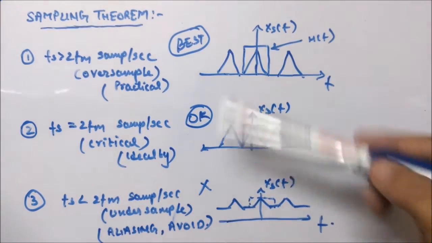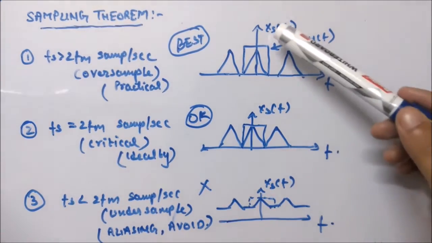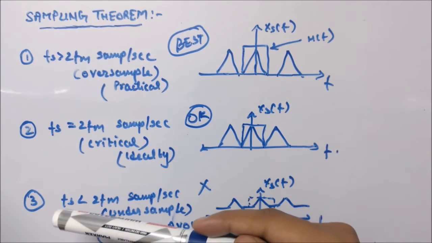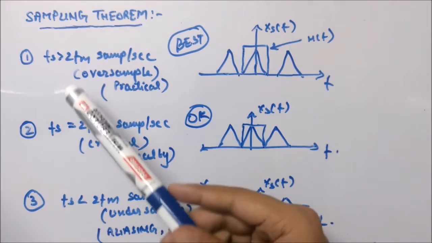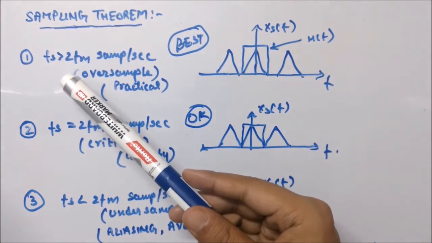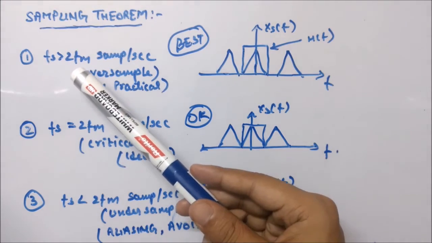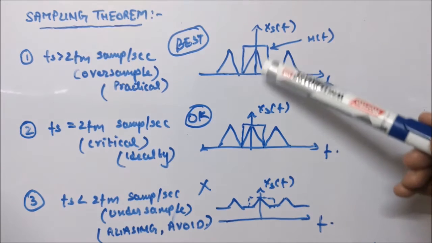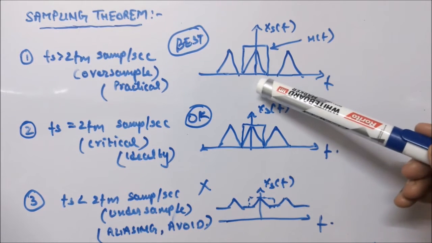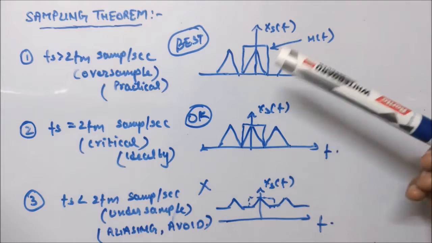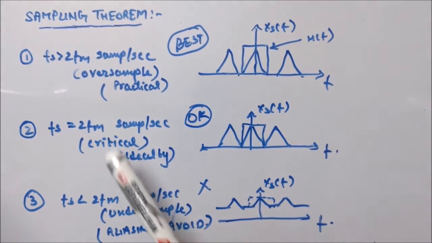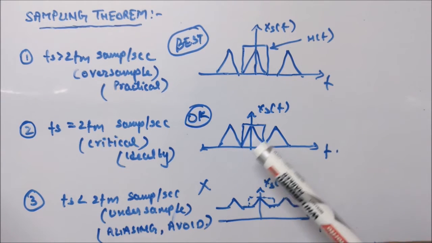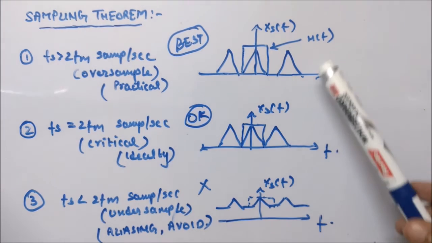Okay, so I showed you the example. These were the three sampled signals we will get for different types of sampling frequency. If you sample your message signal X(t) with fs greater than 2 fm, you will get this kind of sampled signal, and if you pass it through a low pass filter, you will be able to get the original signal back. Similarly, for fs equal to 2 fm, here also you will be able to get your original message signal back when you pass this through the filter.